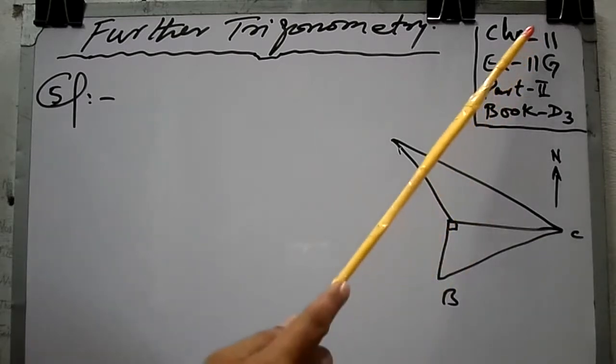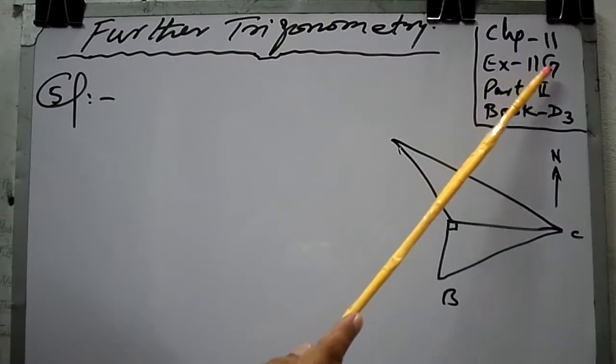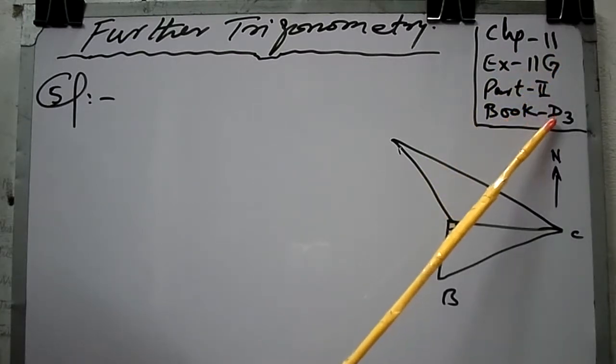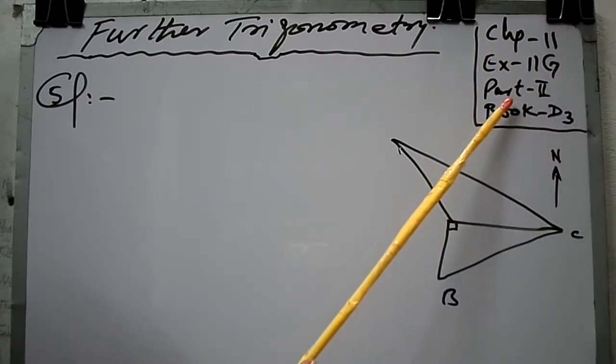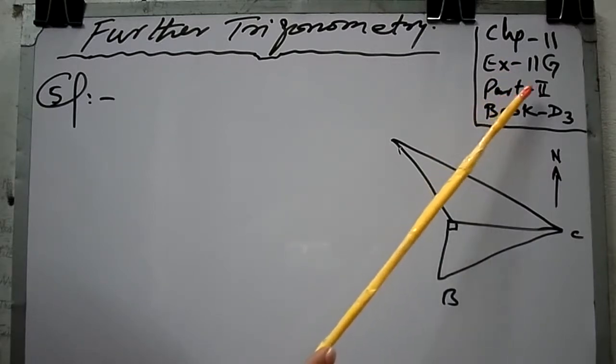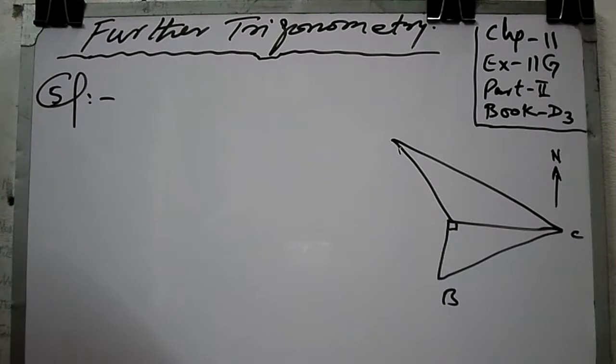Today we will discuss chapter number 11, exercise 11G, book D3. This exercise is divided into two parts. Part number 1 we have already discussed. Today we will discuss part number 2. So question number 5. If you read this statement in your textbook,